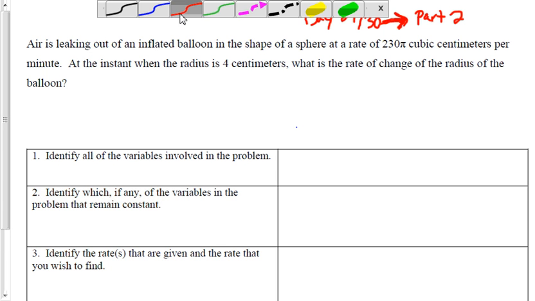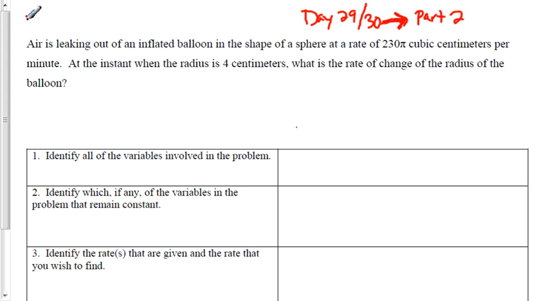Okay, Calculus Unit 4, Day 29, 30 notes. This is Part 2. So we have a problem here. Air is leaking out of an inflated balloon in the shape of a sphere at a rate of 230 pi cubic centimeters per minute. Cubic centimeters, again, that's volume, 3 dimensions. So at the instant when the radius is 4 centimeters,